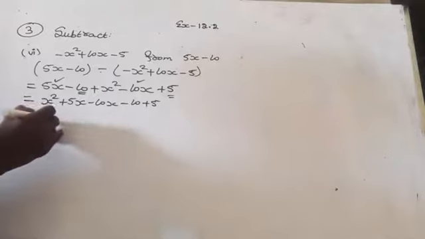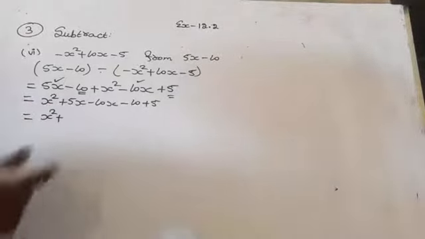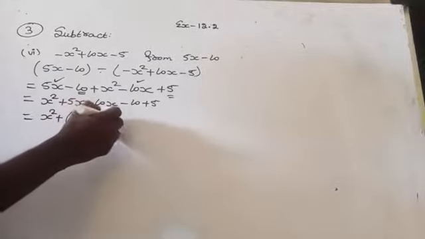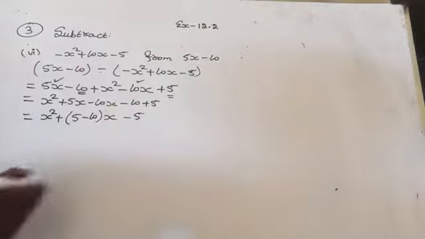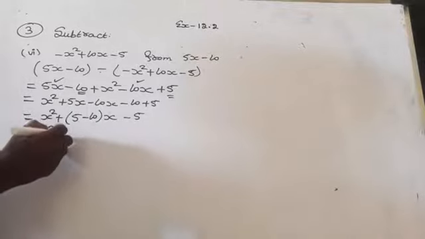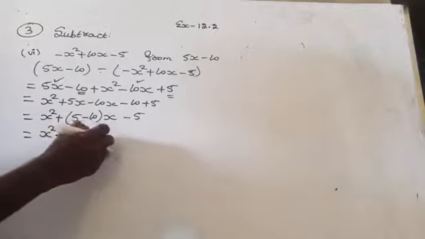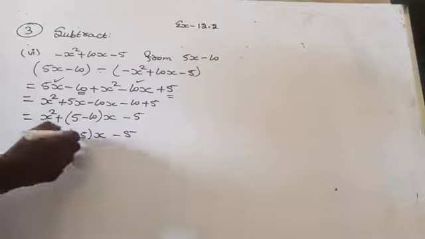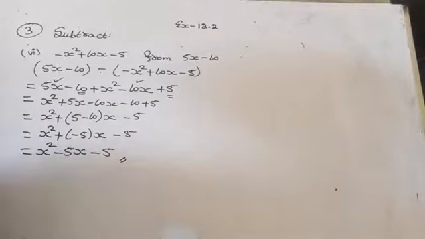Now tell me, x square, because it's only one term which contains a variable x square, and then after that here what is the numerical coefficient? Plus 5. Here the numerical coefficient is minus 10 into x. Now minus 10 plus 5 is how much? Minus 5. That is x square plus 5 minus 10 is minus 5 into x minus 5. That is equal to x square plus into minus is minus 5 into x is 5x minus 5. Am I right here? So this is the final answer.